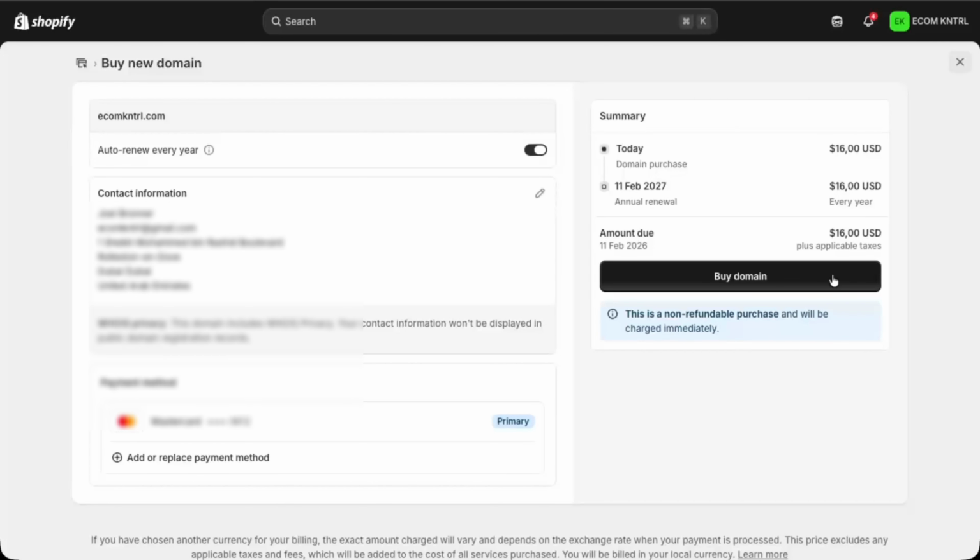In most cases, when you buy directly through Shopify, the DNS records are set up automatically for you. If you see any prompts about DNS settings or records, just follow the on-screen instructions and make sure the new domain is set as your primary domain if you want all traffic to go through it. Once that's done, your new custom domain will